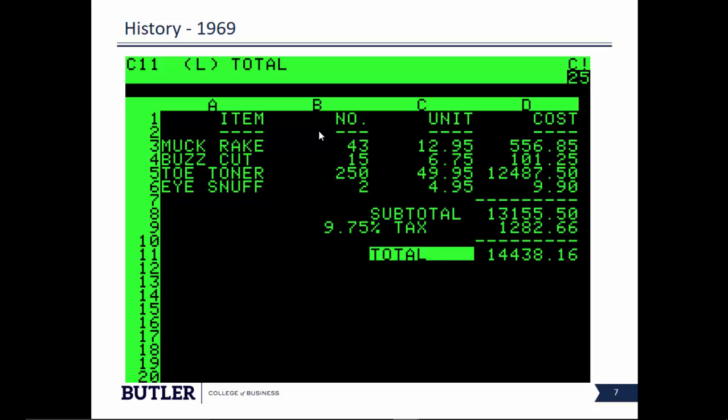Spreadsheets have been around since 1969, and what you're looking at is something called VisiCalc. Now, the good news for you is that is not what modern spreadsheets look like, but I always like, as a computer geek myself, to give a little bit of an homage back to the game that started it all, going back to VisiCalc, and talk about how we got to Excel by showing you the original old-fashioned spreadsheet, black